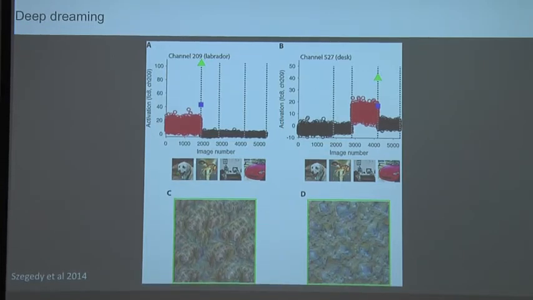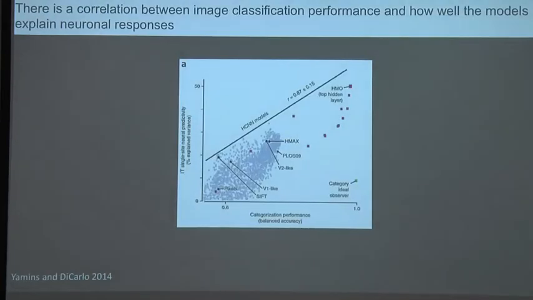Okay? So when we present pictures of different Labradors, you get higher activation. This is the activation of this unit. When you present other pictures, you get lower activation. And now we can ask, well, that's fine. All of these pictures from the internet, from Labradors, elicit high activation. The network was designed to do that. Now, can I create new images? Can I create images that will be exciting for the neuron? So this is the deep dreaming algorithm. The deep dreaming algorithm is trying to generate images that will lead to high activation. For this particular image here, the activation is here. So this image here,